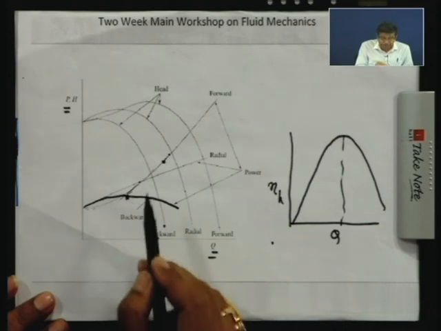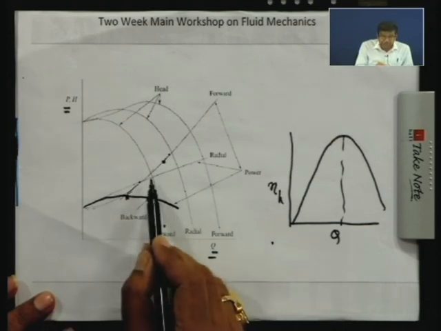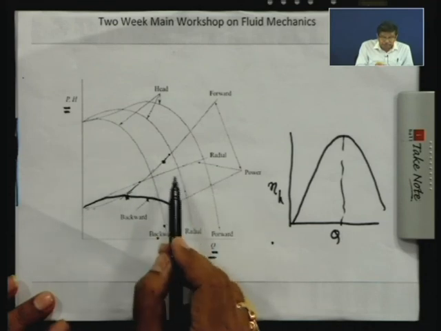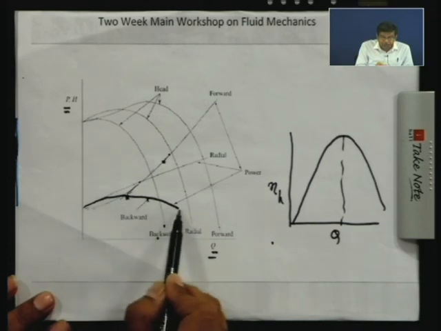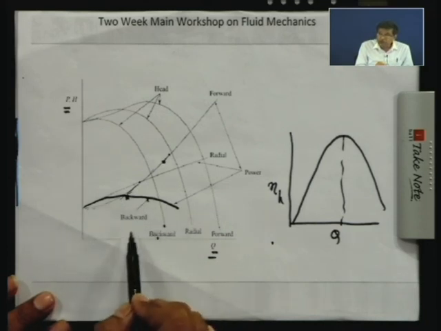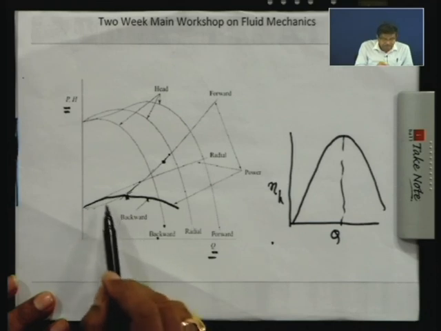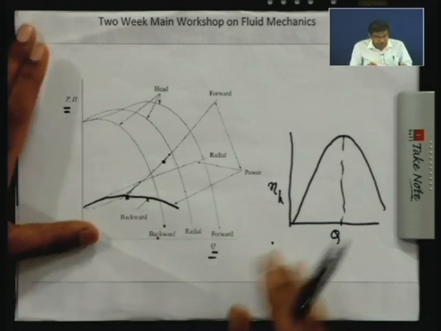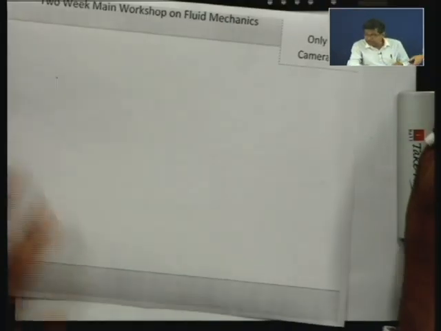You understand? So, this is the drawback or the danger in using the forward and the radial vanes, whereas the backward cut vane has these advantages of self limiting characteristic. This is the reason for which we use a backward facing or backward cut vane in a centrifugal pump. Now, next is